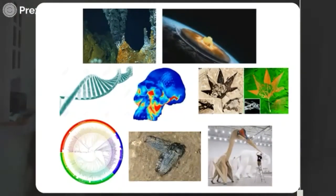Well, nowadays, paleontologists today have actually changed quite a bit. And we're now much more diverse. We include lots of young women, and we do lots of different things. We don't just, you know, hack rocks with hammers to look for fossils, although we still do that. You can see Adrian there on the top left is actually hacking a rock to find a fossil in